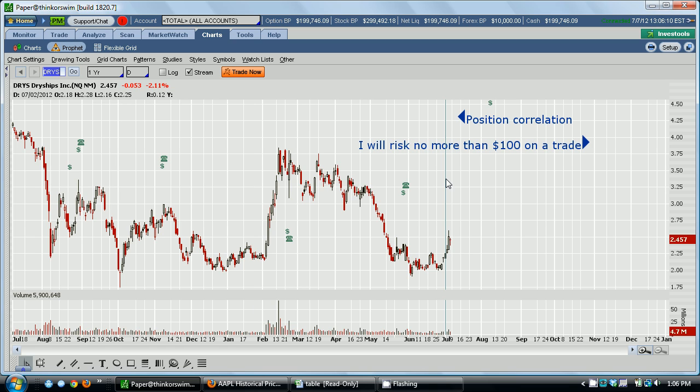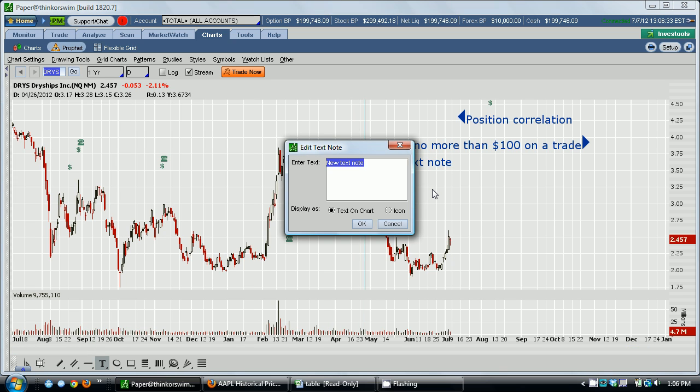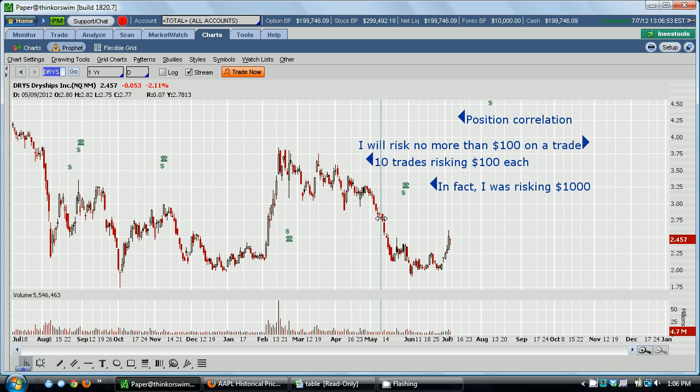Now, the problem that I found was that very often the trades that you make, the individual stocks, their movement is extremely correlated to the market and extremely correlated to each other. So instead of saying I will risk no more than $100 on a trade, let's say I did 10 trades, I really had 10 trades risking $100 each, and they were correlated, so in fact I was risking $1,000. That's not so much a problem if they're not correlated, but the fact was I would have these 10 trades, and because their movement is, I can't find another word, linked to the movement of something else that I was also trading,